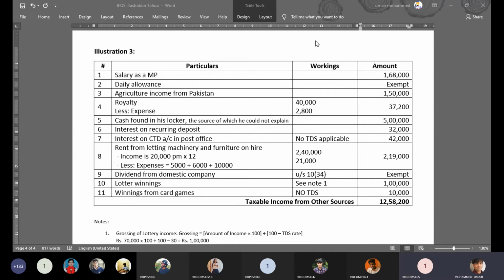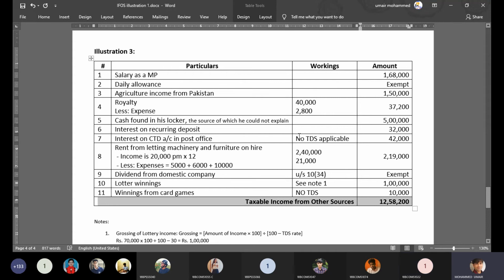Sir, I have a doubt. 22 from A section. Yes, sir. Sir, I'm not able to hear you. Interest on recurring deposits. Can you repeat again? Yes, sir. So you said that interest on recurring deposits, if it is more than 40,000, you calculate TDS. But in the sent out material, it's given as if it's more than 10,000 only, then you calculate TDS.